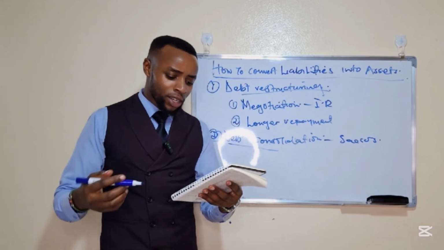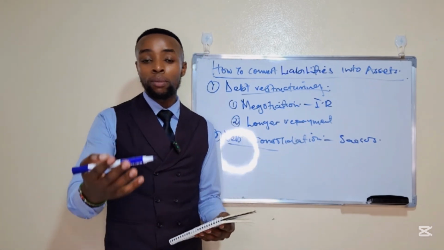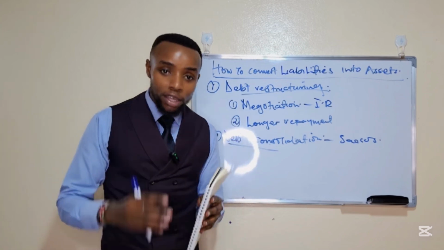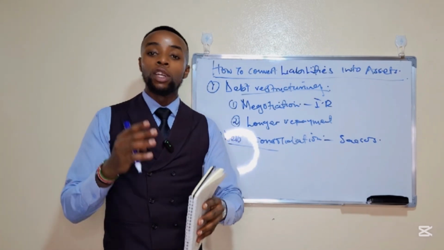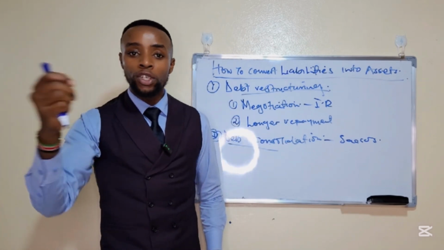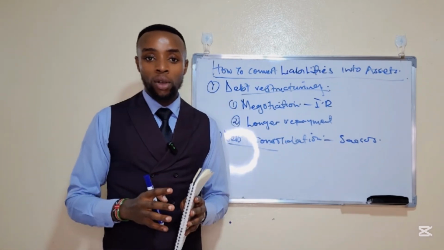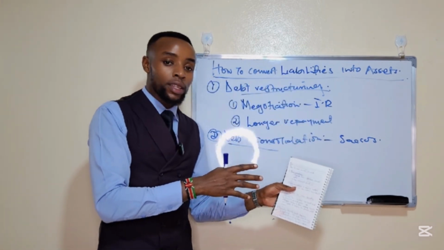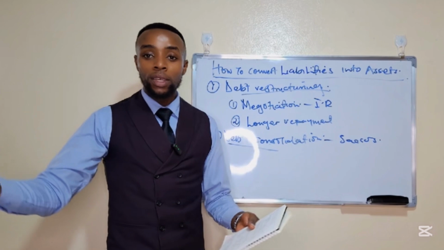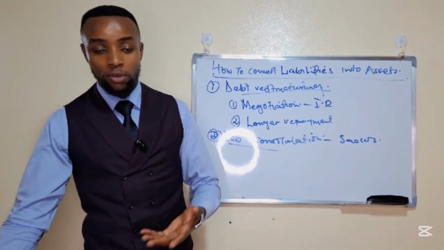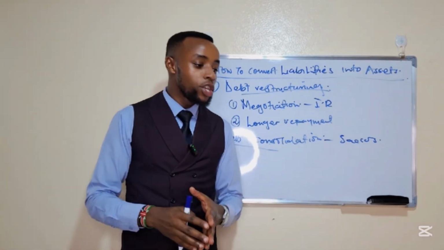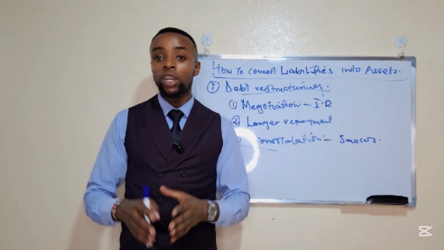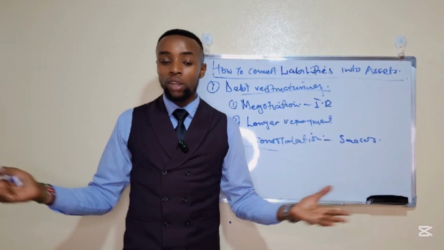The fourth way is leveraging liabilities for asset acquisition. For example, there are people who use credit cards. If you are this person who uses a credit card, you can purchase inventory using that credit card. And when you resell the inventory, the profit you gain is the income that you have. Now you have been able to convert the liability into something that generates income for you, that is the profits from that inventory. Even students can obtain student loans and invest them in higher education and probably qualify for higher jobs.